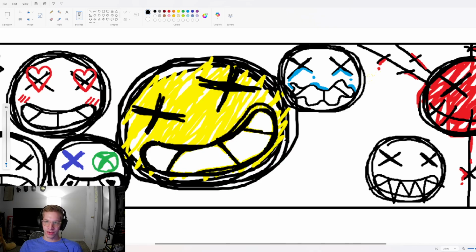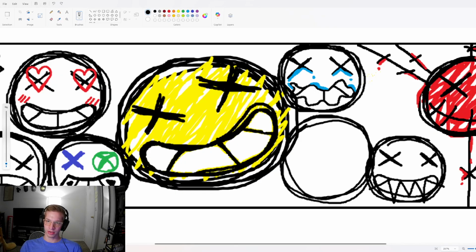But yeah, we can fit one more dude right in here. I've only drawn one before with a head that wasn't round, and it was kind of funny looking. I drew a red diamond and I called him Alert. But I'm trying to think, who should I put here?